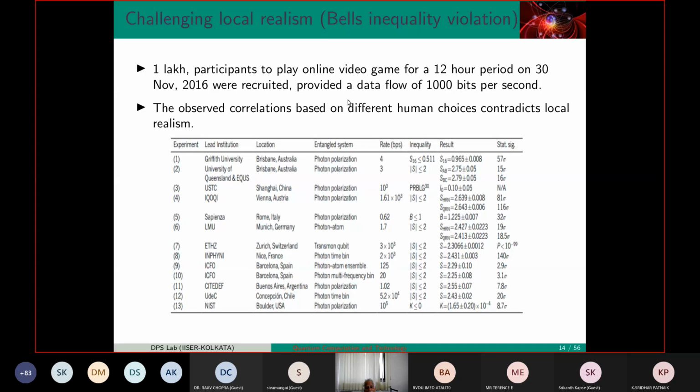So in this experiment, for example, one experiment to avoid human choice, an amazing thing. What they did, they took like 1 lakh volunteers from all over the continent, located at different places, generating random numbers based on which experiments are done. Experiments are done on different platforms like the IBM quantum computer, cold atoms, everywhere they found in a statistically robust manner that quantum mechanics is correct. So classical mechanics doesn't work. Namely, what Einstein, Podolsky and Rosen suggested, that local realism using classical statistical mechanics can describe things, doesn't work.